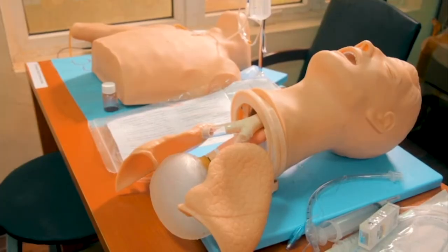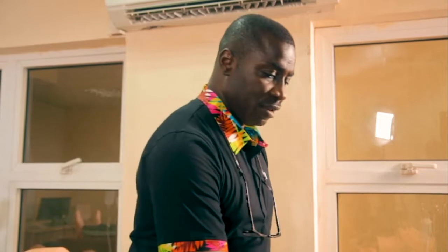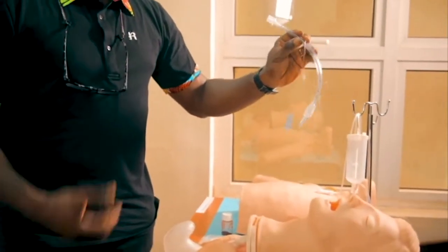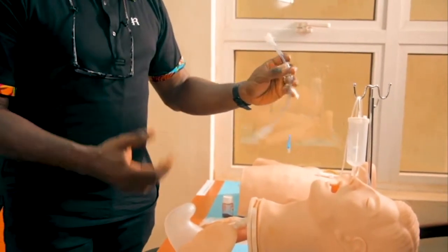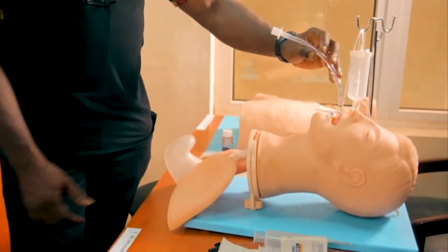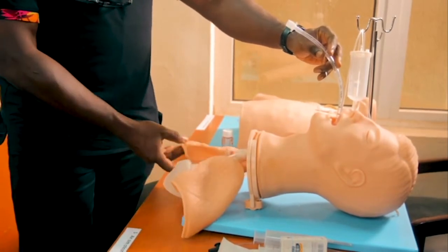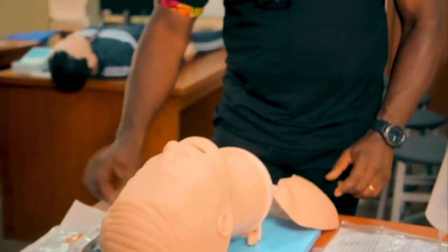The model beside it is one for the airway. This model is very useful in terms of intubation. So you intubate to ventilate the patient, that gets air into the lungs. If you're in the correct place, you'll be able to ventilate and see the lungs moving. If you go into the wrong passage and you intubate the esophagus, then you see the lungs moving, you see